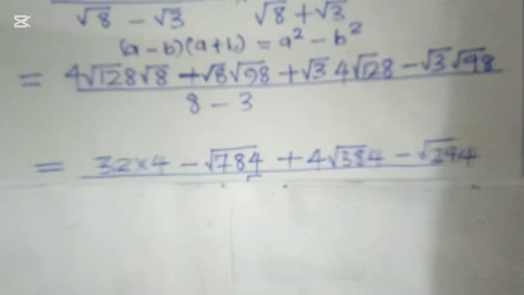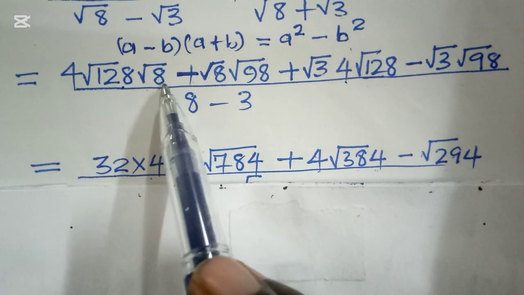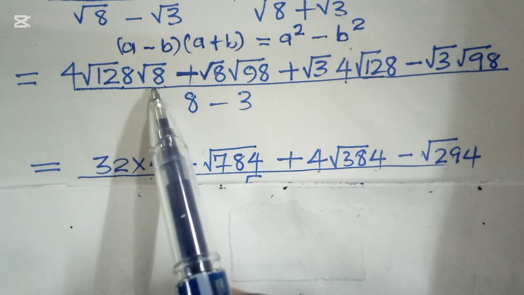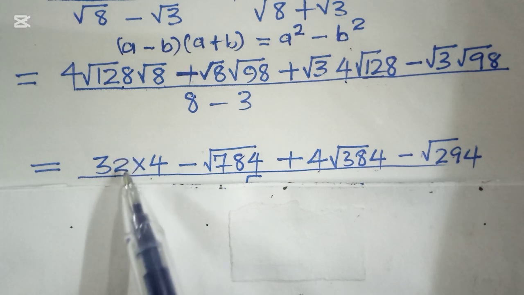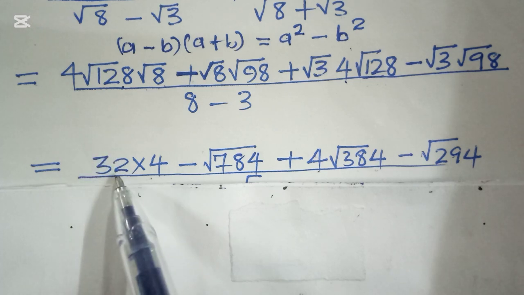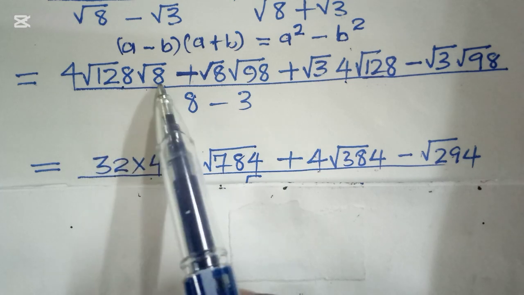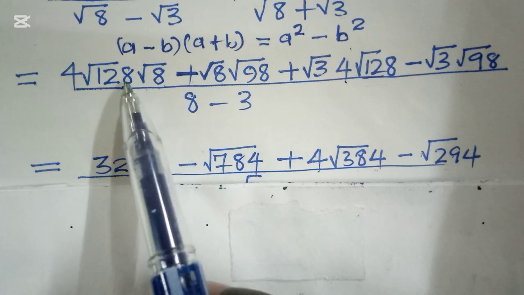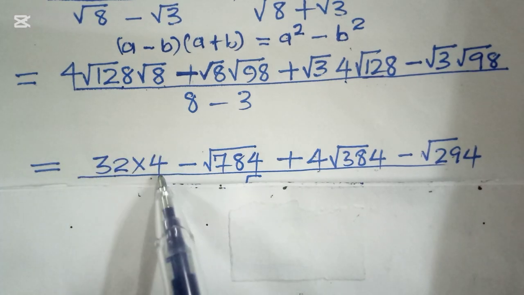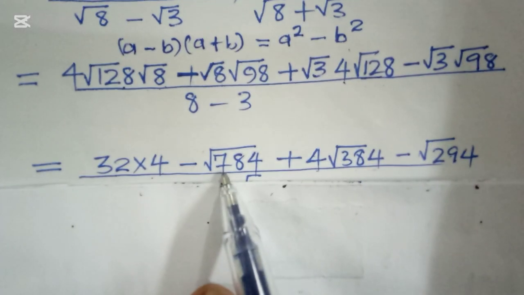So when we go ahead, this is going to be 128 times 8. We shall find that it will bring us a solution whereby that solution is the square root, the square of that 2. And so therefore we get that 2 there. If we find the square root of that, it will give us that 2. And for 4, it will remain there. Coming to this, we can multiply 8 multiplied by 98. We get square root of